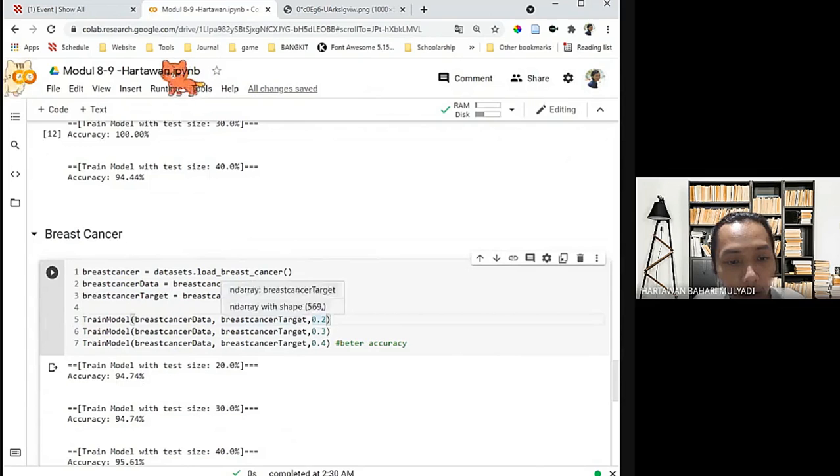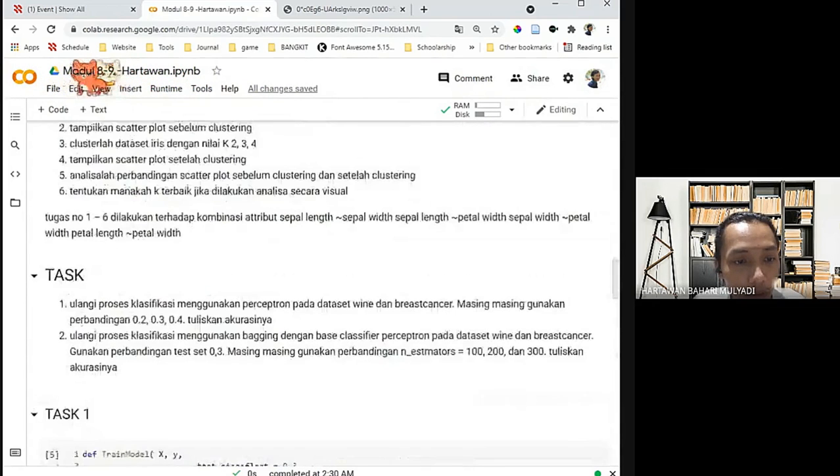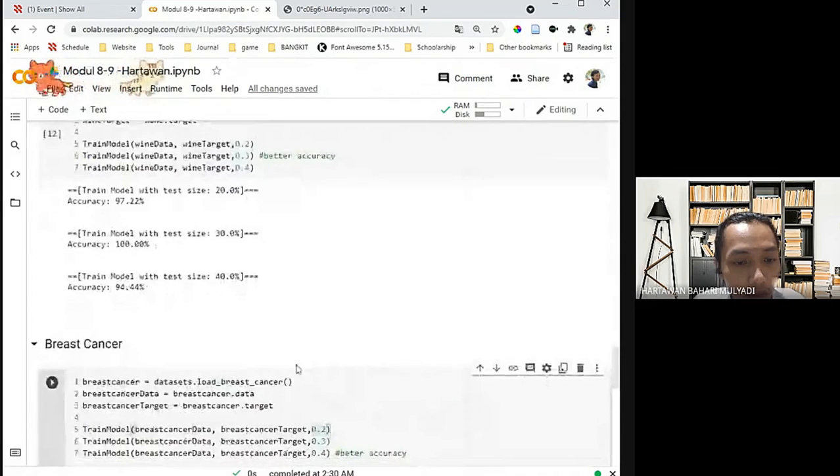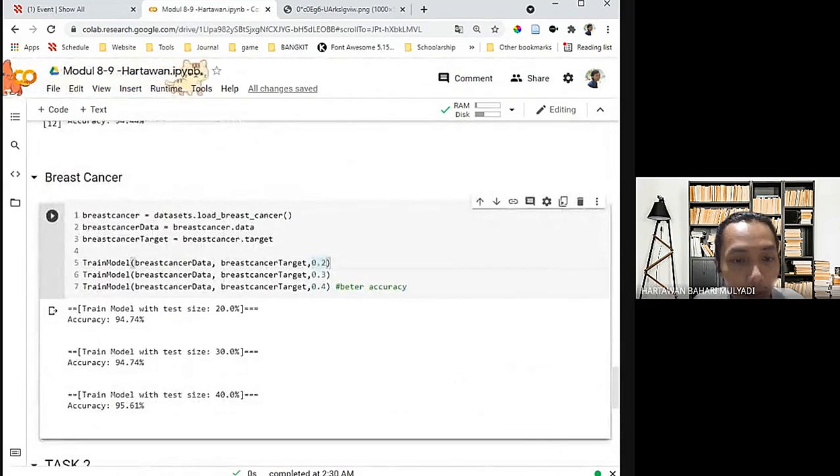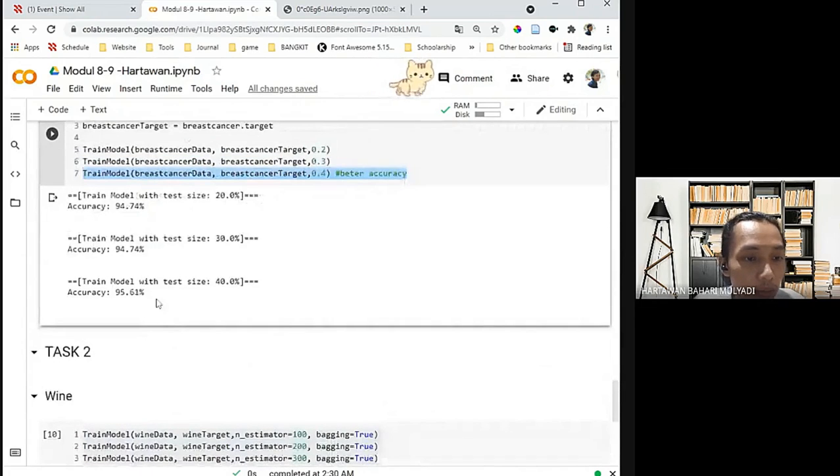Here I also put 0.2, 0.3, and 0.4, and we see which has the better accuracy. So 0.4 has the better accuracy here.